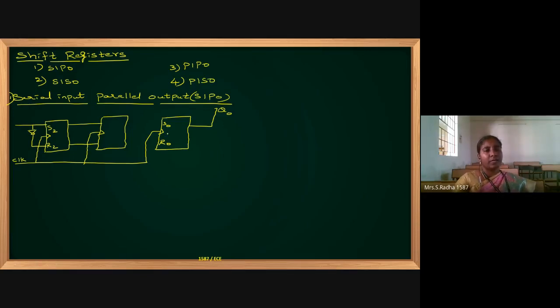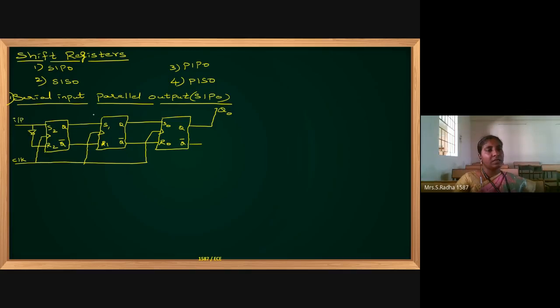Now, I have taken up the first one, serial in, parallel out shift register. So I can connect everywhere. This is Q and Q bar, and this is Q bar. This is the second SR flip-flop. Okay, S and R, S and R, and Q bar I will connect here. This is again Q and Q bar, and this is the serial input.